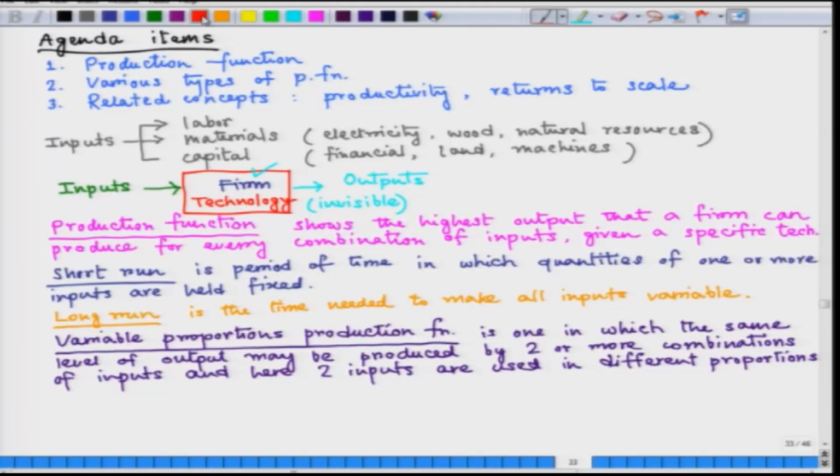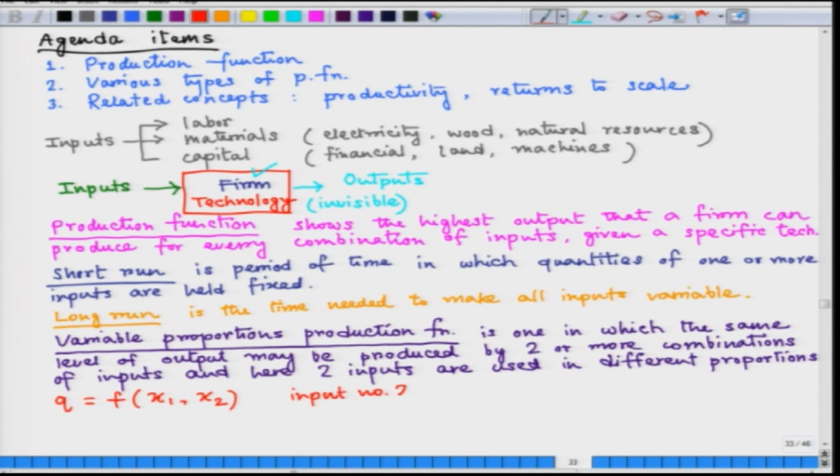Here we are going to talk about some concepts like total product curve, average product curve and marginal product curve. Let us have a look at them one by one. So, we write a production function mathematically as Q denotes output as a function of two inputs. There can be more, but let us assume for simplicity there are only two inputs, and if we have the setup, on the top of that if we assume that our input